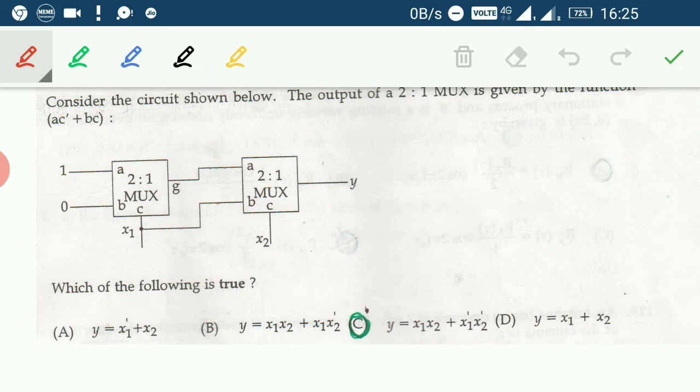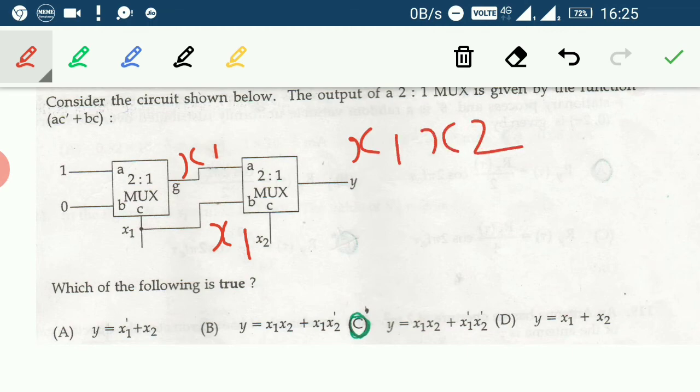So what we get from the multiplexer output, 1, x1 is given. So only we are getting here A1. A is 1 and x1. So what we get is x1. Here, the same x1 will go here. So again, A is given input 1 and x1 is also given to input B. So if you are applying the x1 to both the inputs of the 2 cross 1 multiplexer in the second stage, what I get is this will give x1,